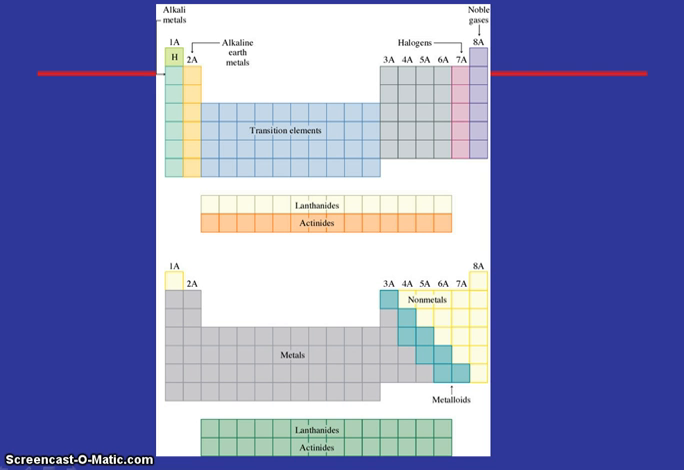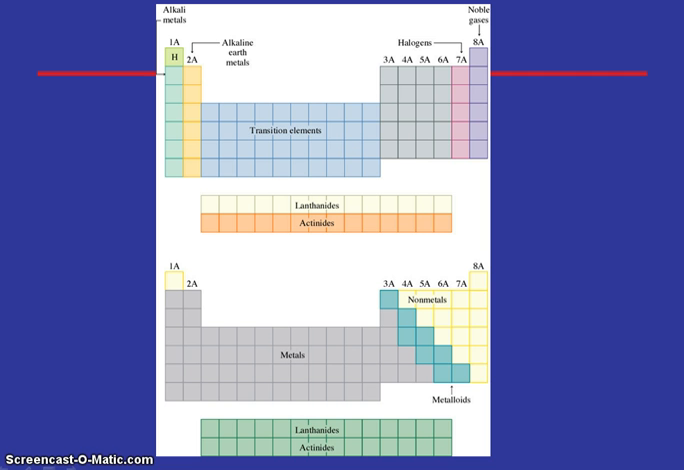Another thing we should remember about the periodic table is that we have a staircase on the right side of the periodic table, which separates the metals from the nonmetals. The metals are to the left of the staircase. They tend to lose electrons in order to become stable and form positive ions or cations. To the right of our staircase are our nonmetals. Nonmetals tend to gain electrons in order to become stable and form negative ions or anions. And along that staircase are what we refer to as metalloids. And metalloids can act like metals and lose electrons, or act like nonmetals and gain electrons, depending on what they're